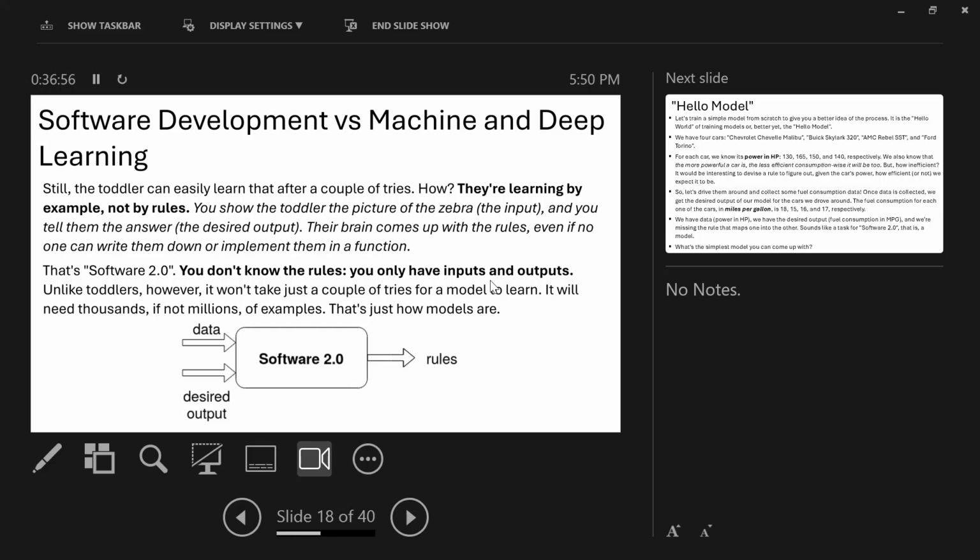Then it's going to develop the rules to identify that particular object or that particular problem. And that is one of the reasons why we said that machine learning is under AI.